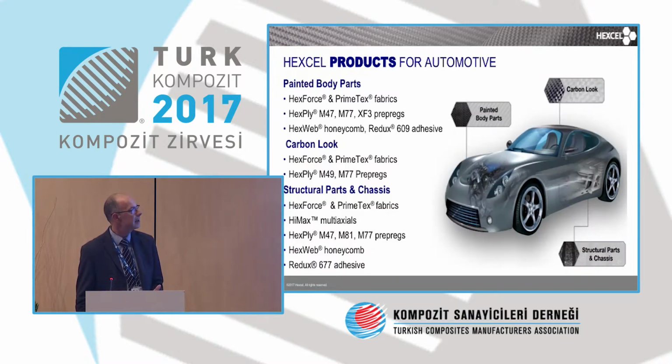And when you look at the three main parts where composites would be used and have been used for some time, there are of course the body parts and the carbon look parts, which are today in the minds of everybody for composite and maybe high-end type of car, where you would be using either fabrics if you are on the infusion side of the business, or directly the peel ply. But, and most